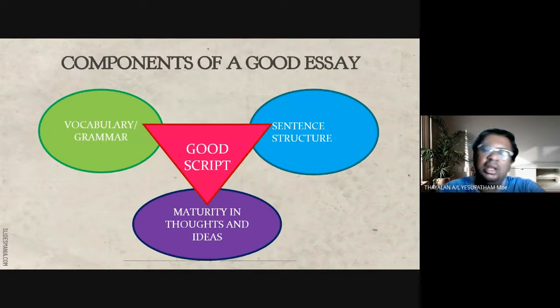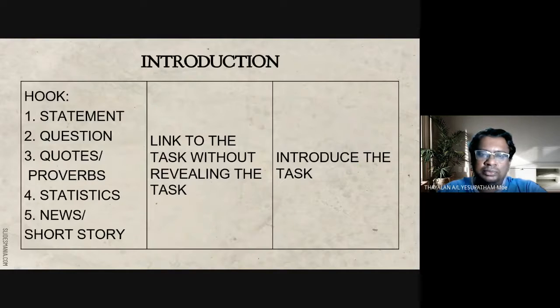All right. Now, as we discussed yesterday, the components of a good essay would be this: vocabulary and grammar, sentence structure, as well as maturity in thoughts and ideas. Okay. We have gone in detail about this. So, moving on. For introduction,